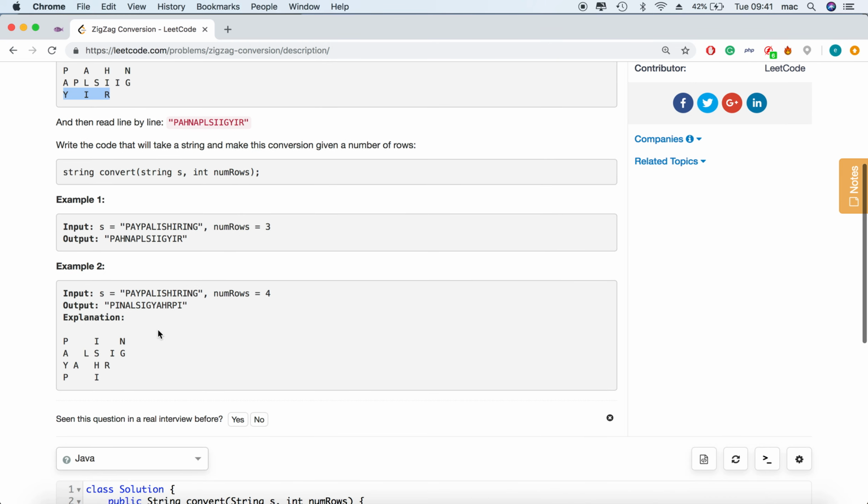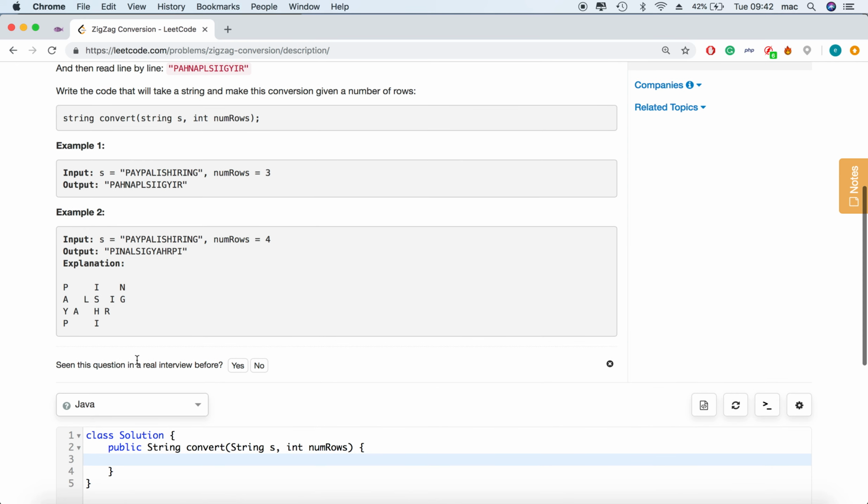So, given "PAYPALISHIRING" and the number of rows is 4, we have to write it four rows this way, then go up, then down, then go up, then down. This is interesting. Well, what we could do is